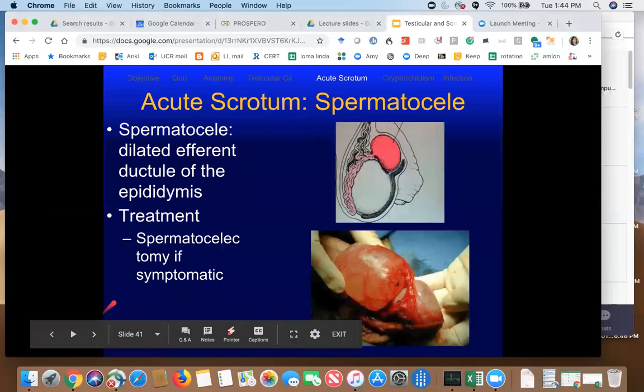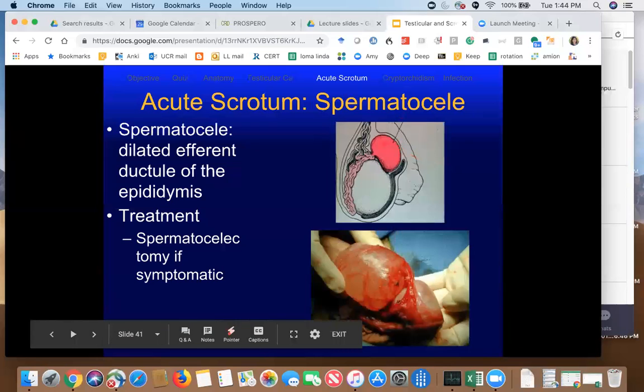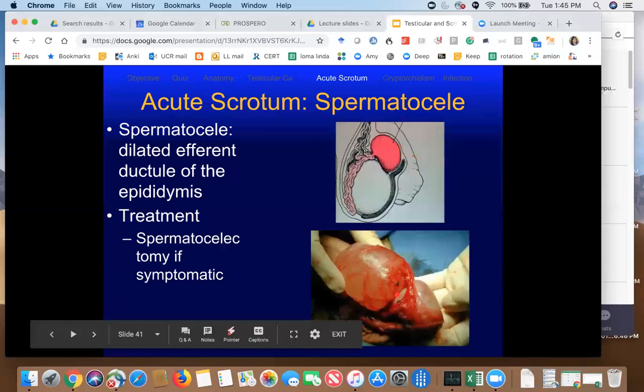Acute scrotum, other causes, so spermatocele. Spermatocele is when you have a diverticulum of the epididymis, as you see here, for example, at the head of the epididymis, and you have just sperm pooling there. And you can differentiate this from hydrocele on ultrasound. But it's uncomfortable sometimes. So then you can do a resection of the spermatocele. And this is what it looks like